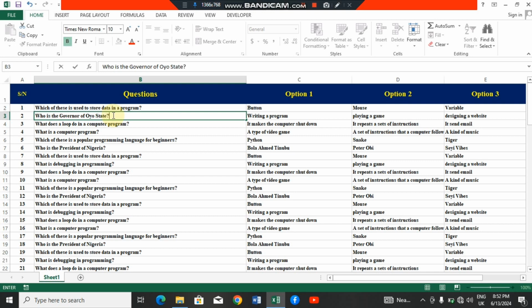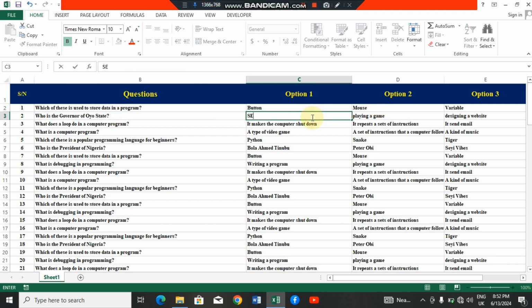Okay, so when you are done typing the question, you come here and then you write the answer. Option 1: Seyi Maduike. Okay, option 2, you can put Seyi Olamide.